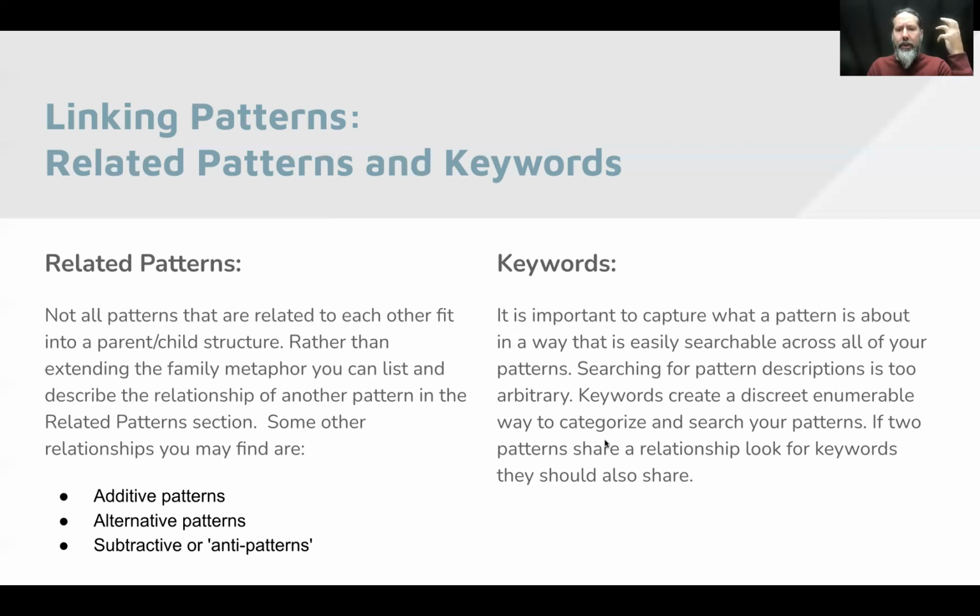And what you want to do now that you are looking at these parent-child connections is look at the keywords of parents and children. If the two patterns are related, do they share any keywords? If they don't currently share any keywords, should they? If you identify something as a parent of your pattern, are there keywords that it has that you're like, oh, actually, yes, my pattern could have that keyword? Well, you want to be adding those keywords as you go through and do these parent and child exercises. Assess the keywords of each and propagate keywords that should be shared to link them together in more ways.